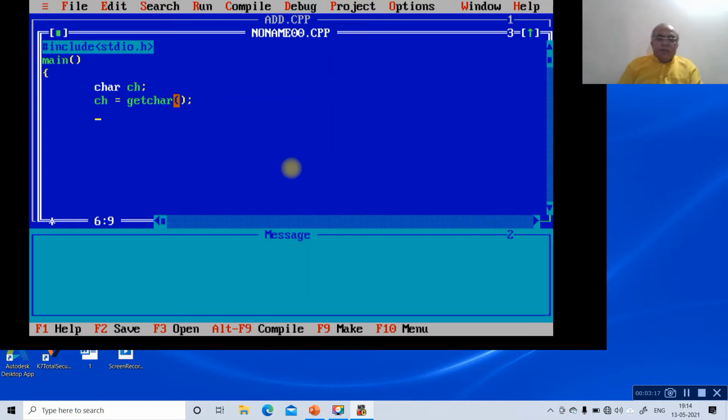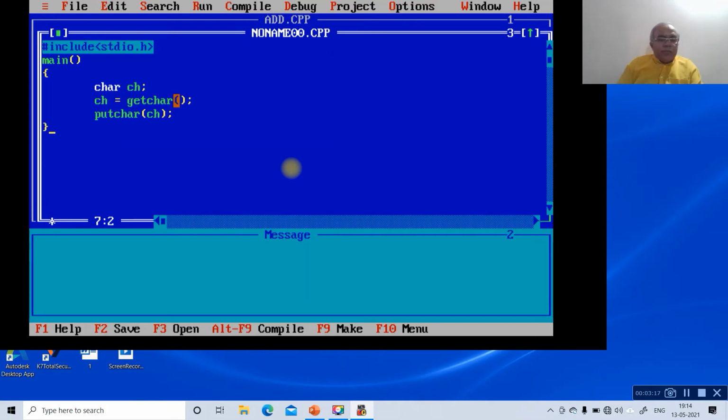Then I want the character to be displayed on the monitor, so putchar within brackets, which will be ch, because that is the one which I have assigned. Then finally we will execute this.